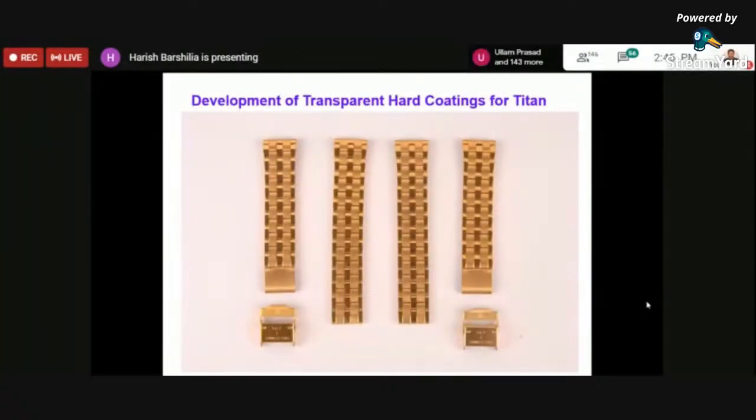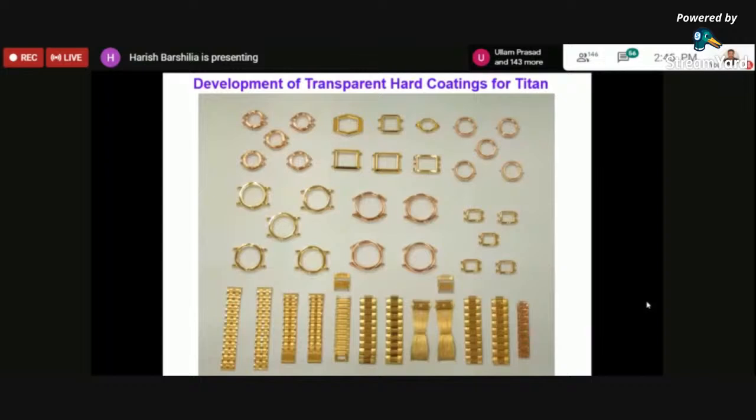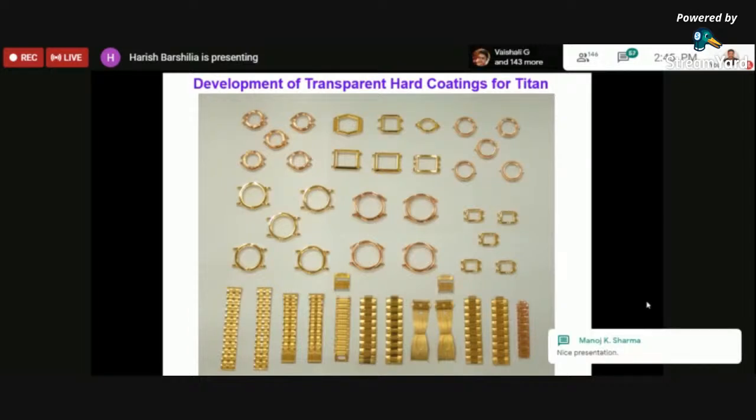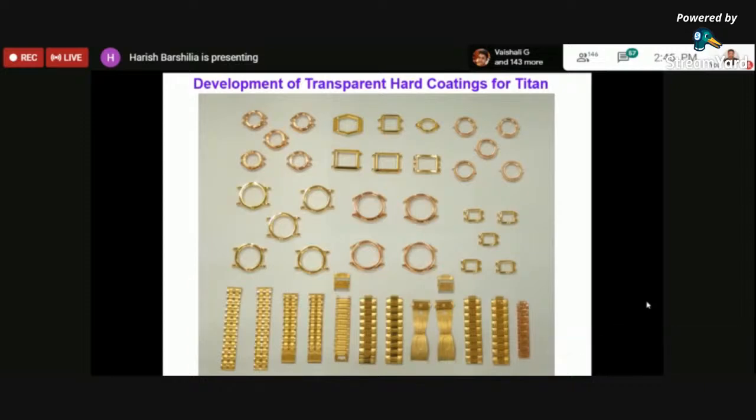You can see that some of the colors. Of course, the photograph here is not good. You can see here more clearly. Everything is done in the lab. So in a very controlled way, you can achieve these kinds of coatings. So just for the sake of the audience, this technology has been transferred to Titan, and the most important aspect here we have to see is that corrosion is very, very important, because whenever this watch is in contact with the human body,